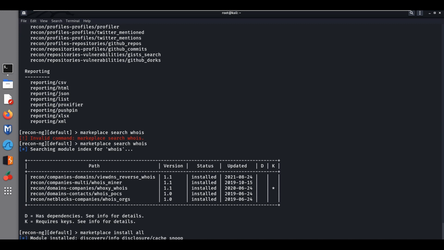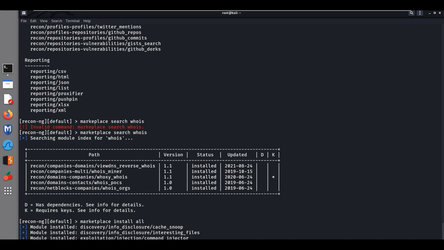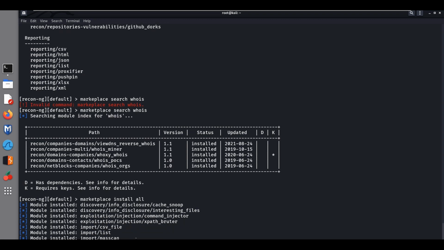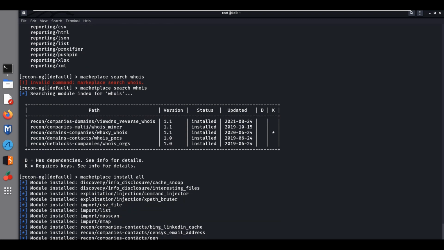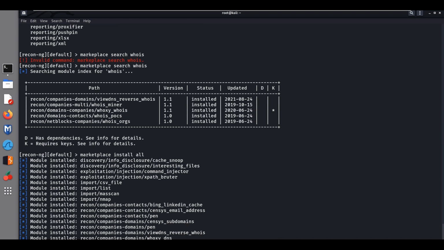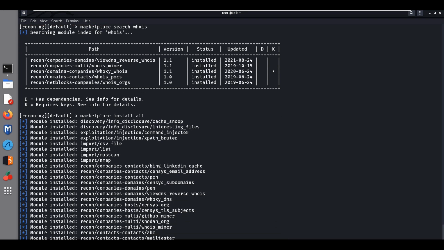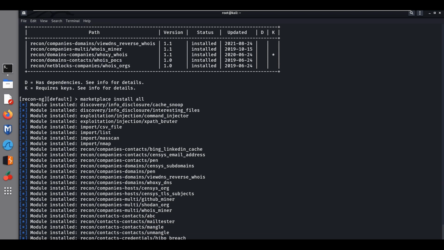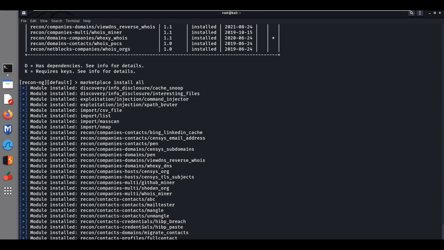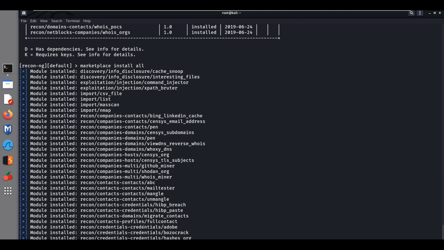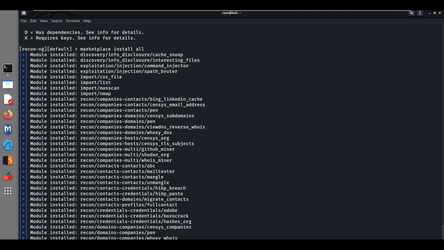Suppose I write it, you can see it is getting installed. It will be installing all the modules, you can see workspaces and all.